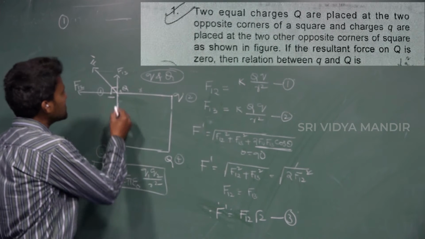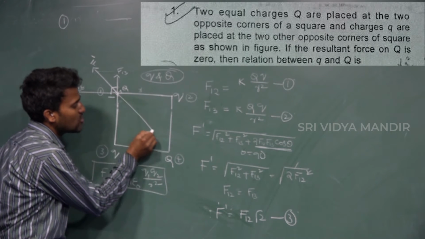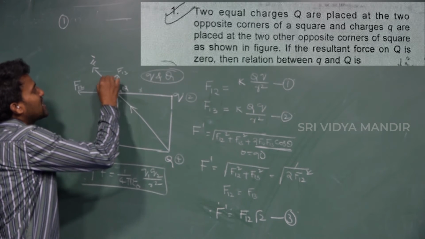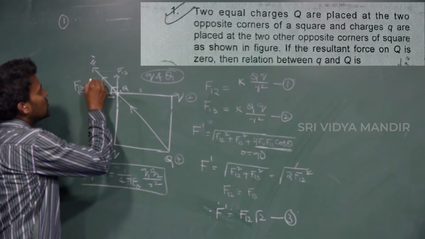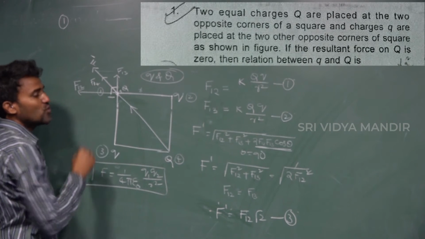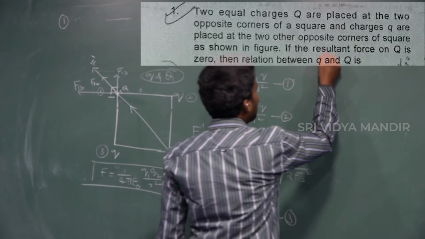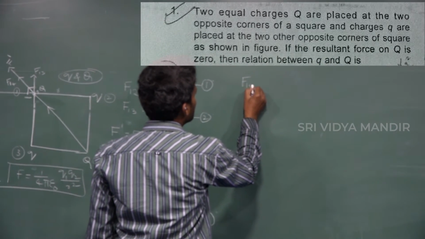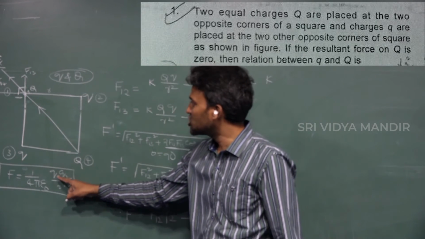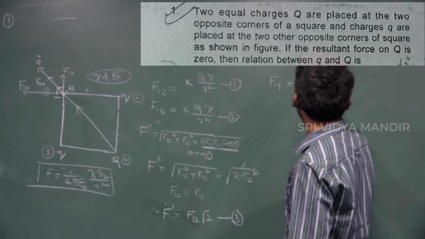Next, the force acting on the capital Q due to the capital Q. It is a repulsive force acting along this direction. That is the force acting on the first one due to the fourth one. I am writing that it is equal to K into 1 by 4 pi epsilon naught, which is K. Q1 is equal to capital Q, Q2 is equal to capital Q. So Q into Q